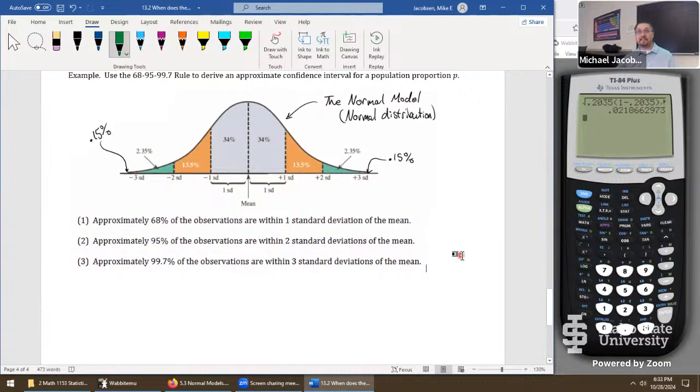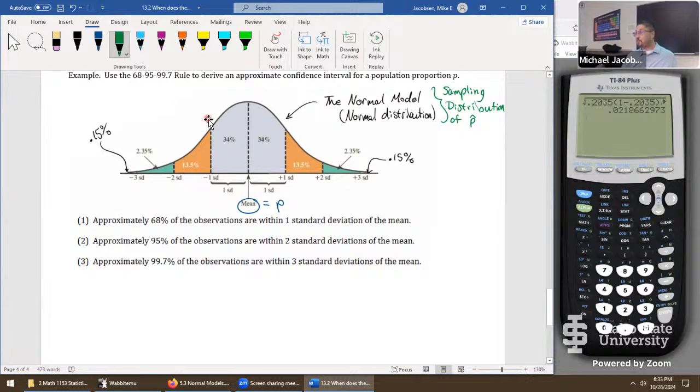here's where it gets really interesting. By the central limit theorem, the mean is P itself. And this normal model, the normal distribution, this would be the sampling distribution of P hat. So our statistic P hat comes from here. If our assumptions or conditions really work out, then this normal model is accurate. Again, that's extremely surprising.